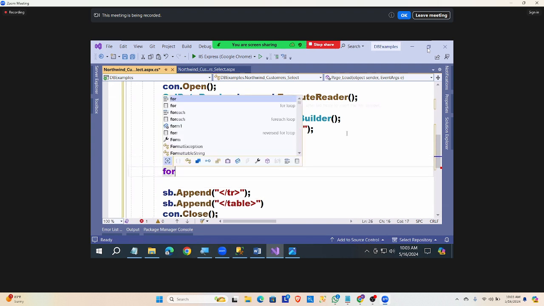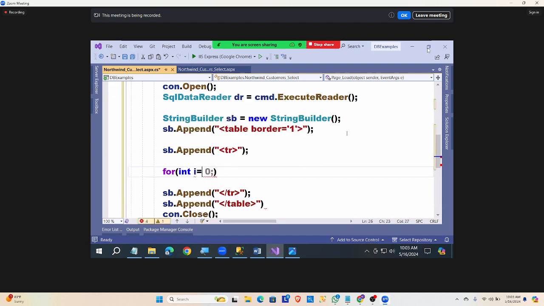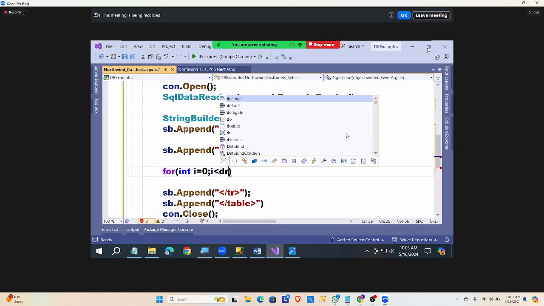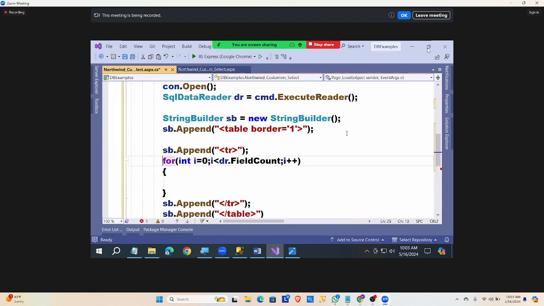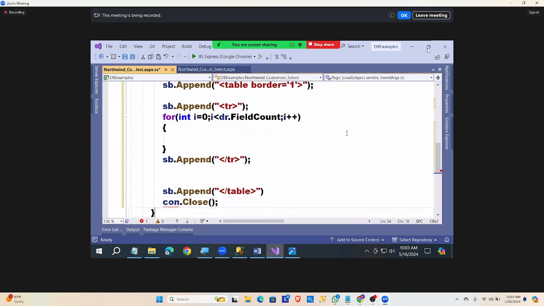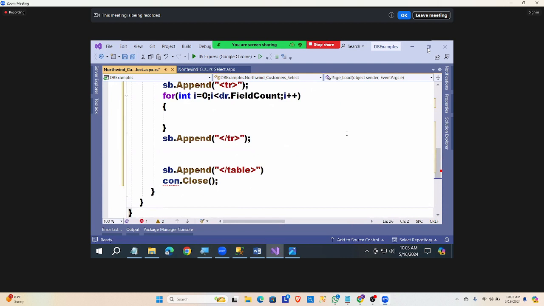See what I'm doing. For int i equals 0, i less than dr dot FieldCount. Did you understand me, guys? I'm writing a loop now. FieldCount is 6 columns, so it runs 6 times. Every time it runs, it should create one th. So can I write